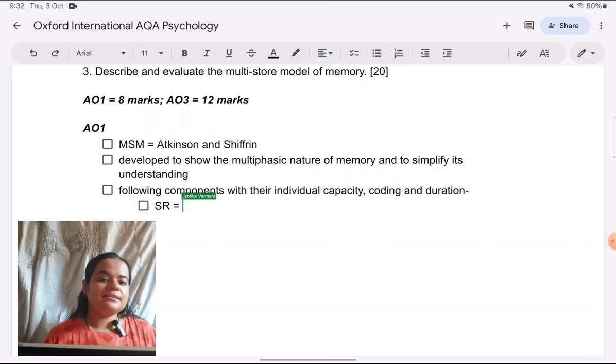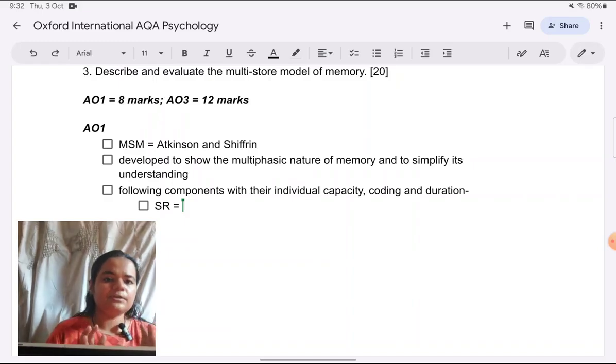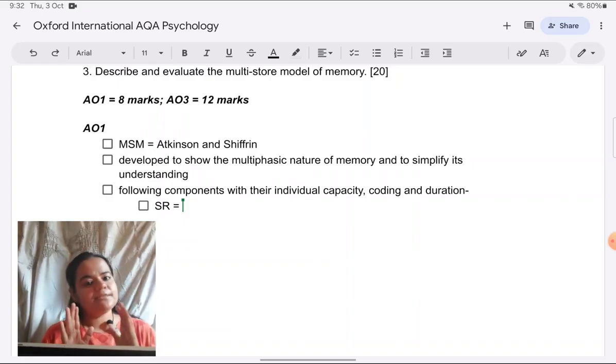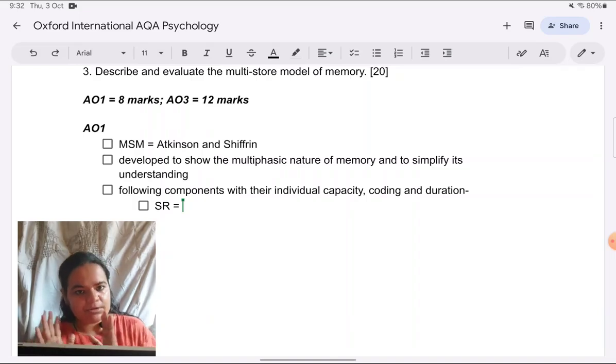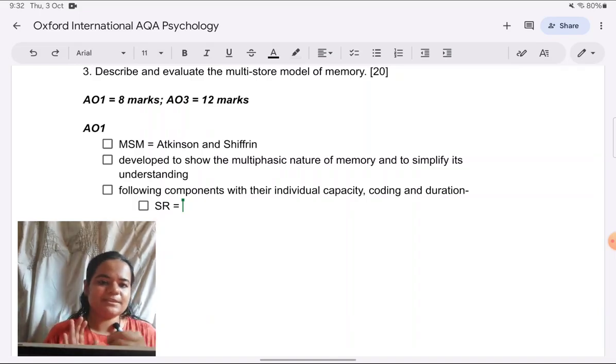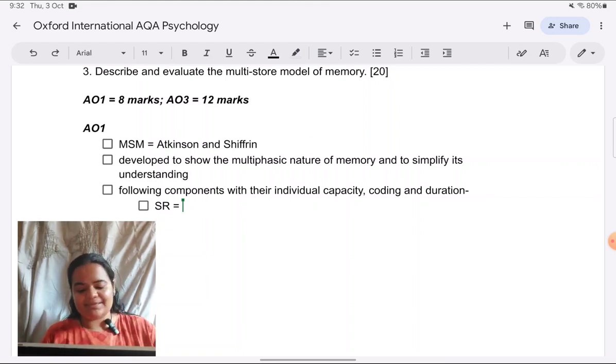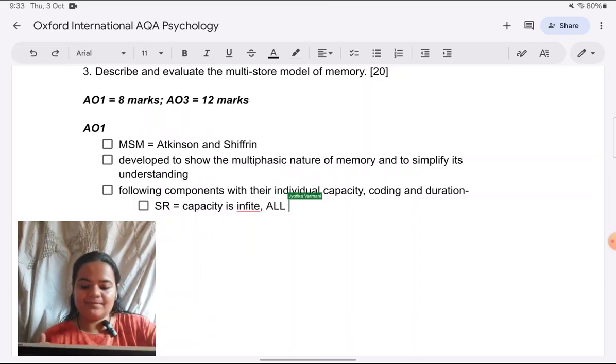Okay, so there's the sensory register or sensory memory. Depends which textbook you've referred to, terms can be slightly different. As I mentioned in the beginning, use good terminology which shows you're a psychology student. There's no insistence on some particular terms only. So sensory register, if we talk about its capacity, is infinite because all the information coming into any of the 5 sense organs at any time is held by it.